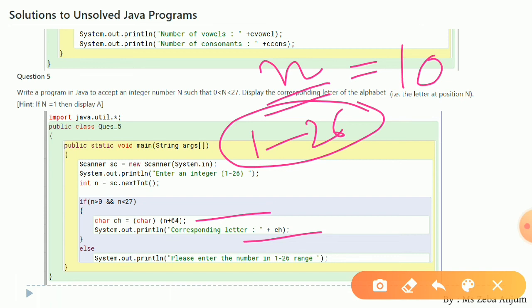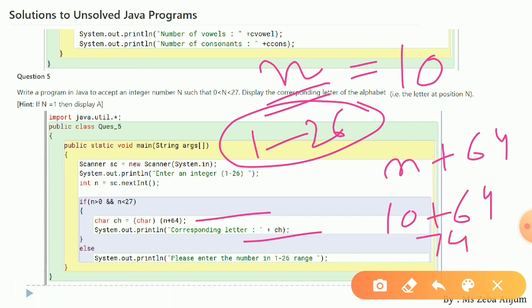Now see, firstly n + 64 is going to give you 10 + 64, which is 74. Now if you see in your ASCII table, 74 is a value that corresponds to capital J. So this 74 is going to be giving you capital J.